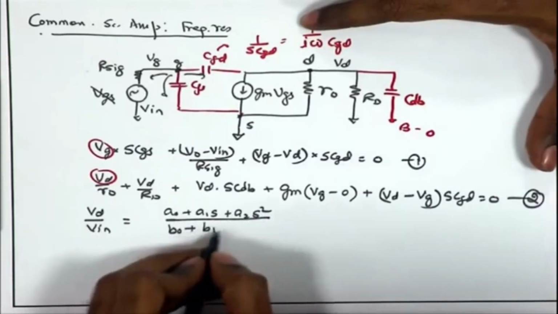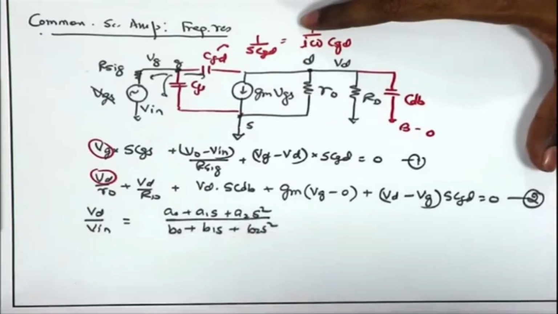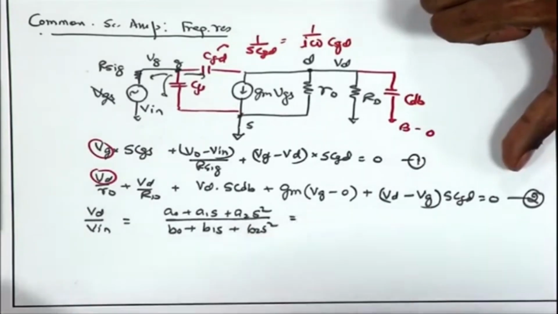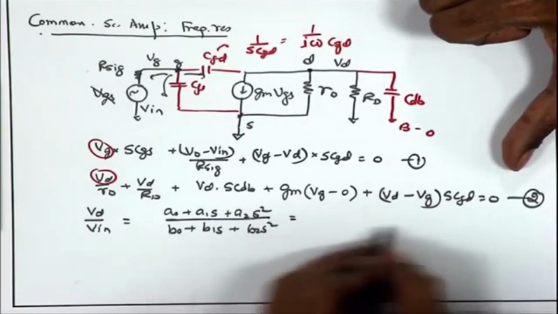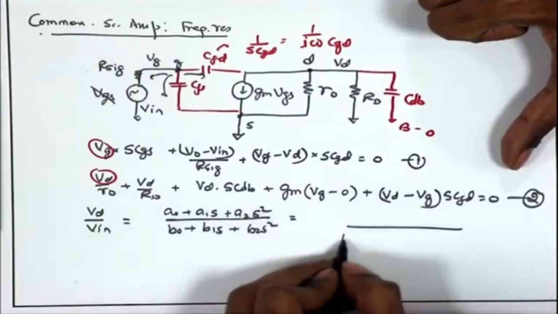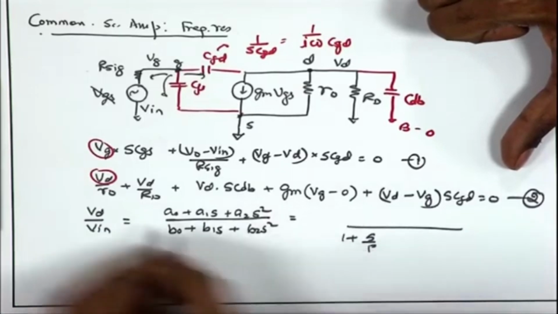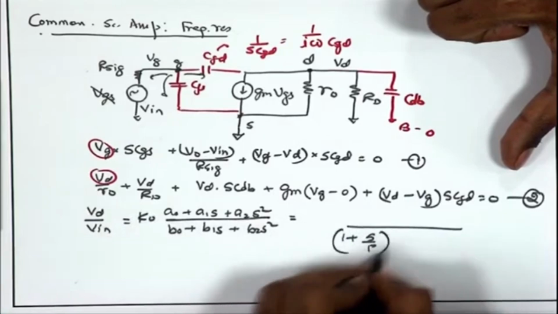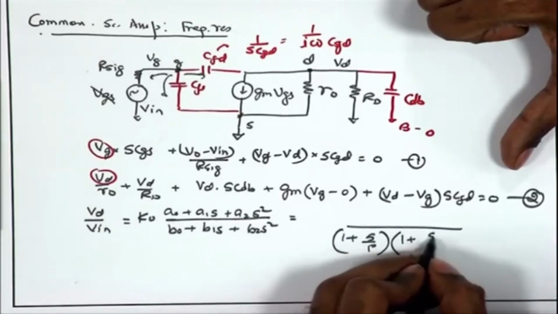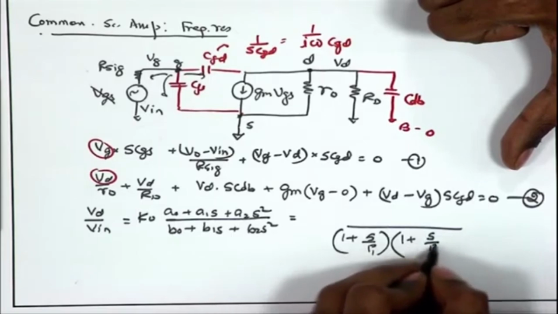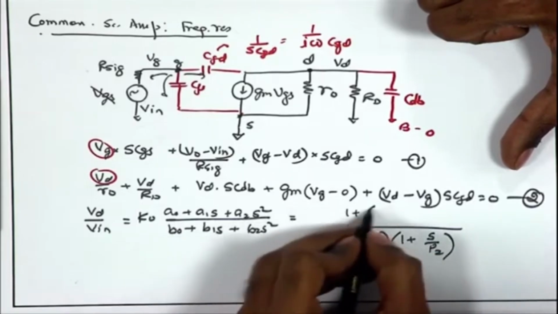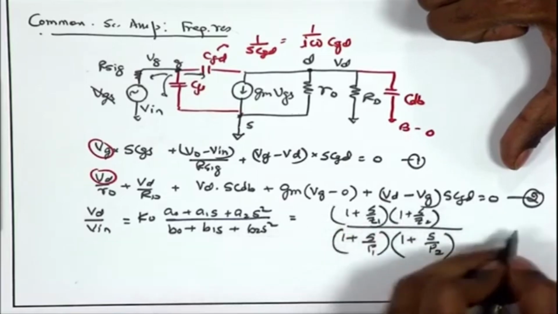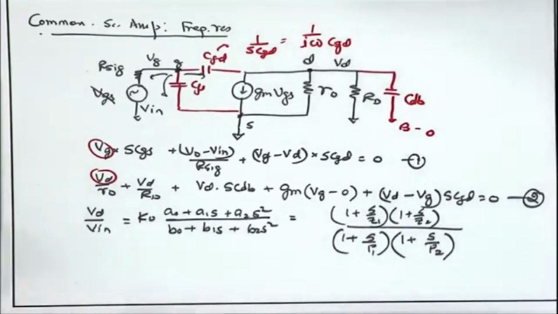Likewise, B0 plus B1 S plus B2 S square, something of this sort. This is a generic expression. I can further factor it into a more friendly expression, 1 plus S upon, of course there is going to be some constant term. So, there can be some constant term also. So, we can factor it into the constituent linear terms, 1 upon S plus P1, 1 upon S plus P2, 1 plus S upon Z1, 1 plus S upon Z2. So, this is the general way, most common way of finding out